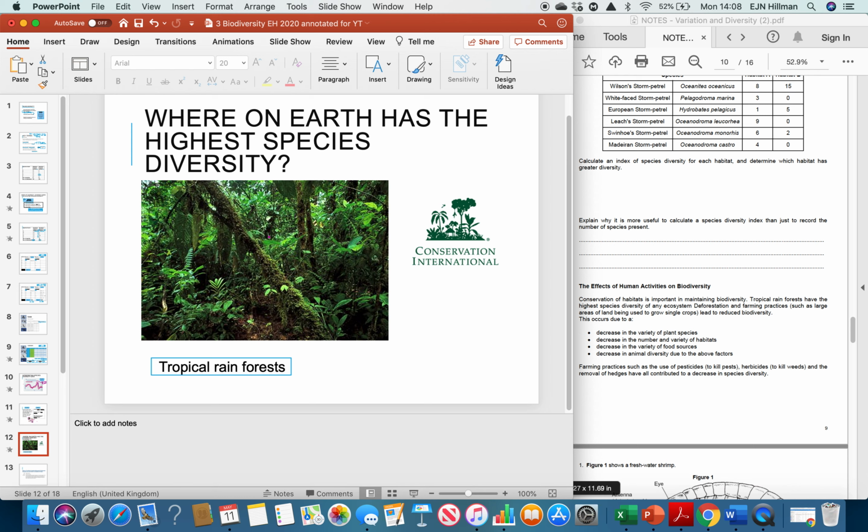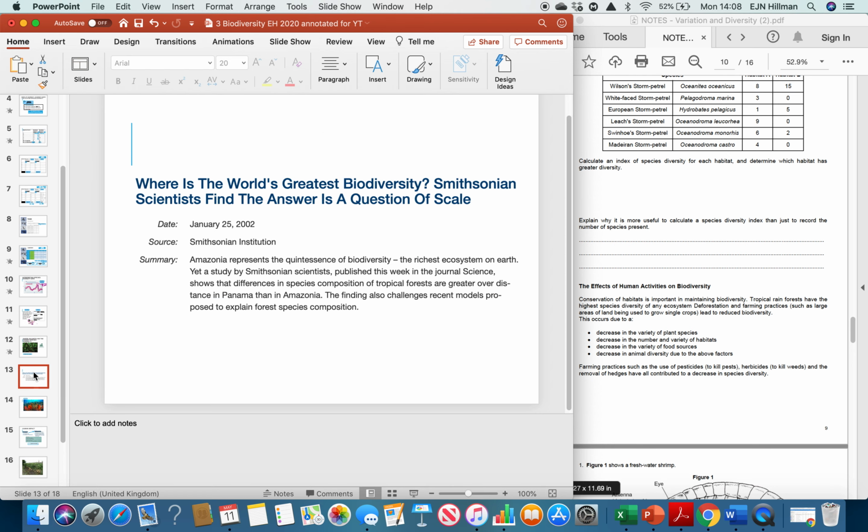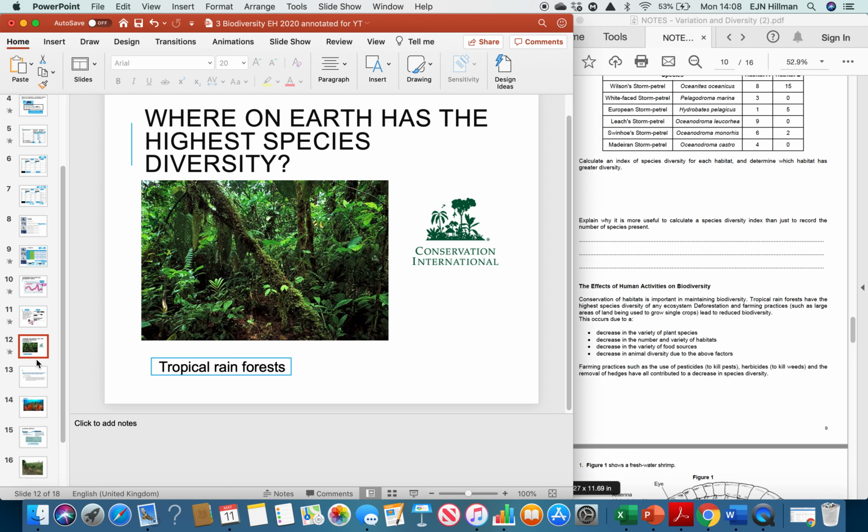Certainly, that's been measured. That's obviously a terrestrial habitat. Aquatic ones, well, coral reefs have the highest indexes of diversity. So, effects, therefore, of certain human activities may reduce the biodiversity in places like tropical rainforests, and those